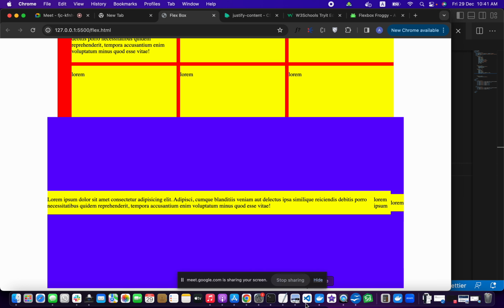Now I will make the parent say 80%, so the flex-basis will be say 30%, 33% or 30%. Okay, now the widths of the columns have increased, so these are now 33%. If we make it 33% and remove the gap for now,